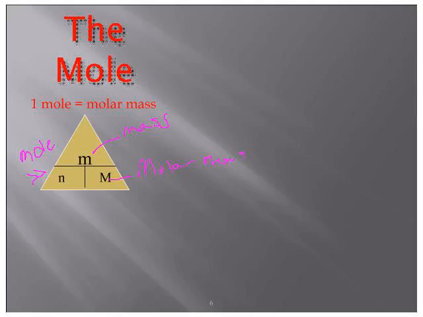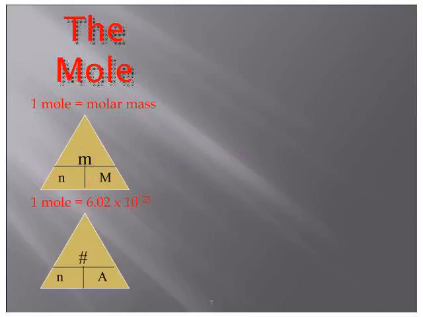So hopefully you've done things like this before. If you're looking for your n, if you're looking for your moles, you take your mass and divide it by your molar mass. If you're looking for your mass, then you take your moles and multiply by your molar mass. And we can do the same thing with how many pieces we have,